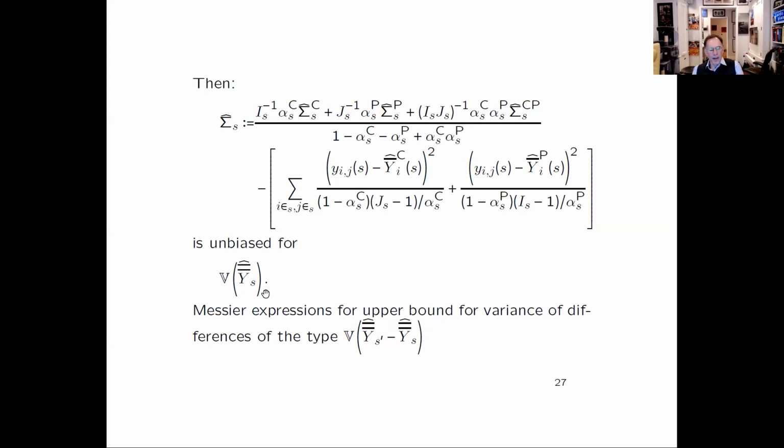Now, that only gives you the variance for these actual averages. What we're going to be most interested in is variances of differences in these averages, or even more complex linear combinations. We also have expressions for those. There we cannot get unbiased estimators for these variances, because we can't get unbiased estimators for the covariance of 2 of these averages, but we can bound those covariances, and that gives us conservative estimators for the variance that we can use to construct confidence intervals that are going to be conservative, just as in the standard case.